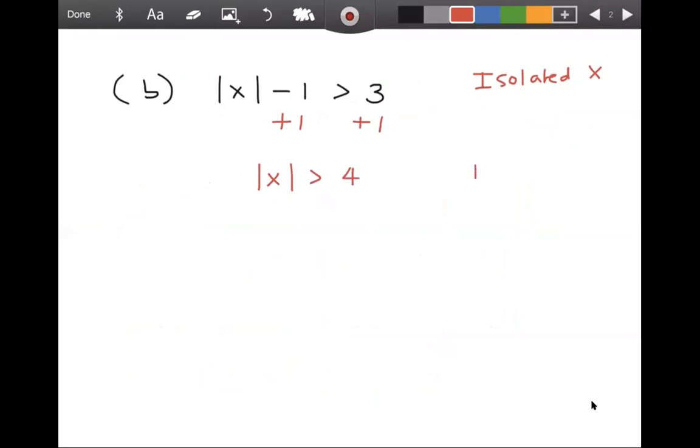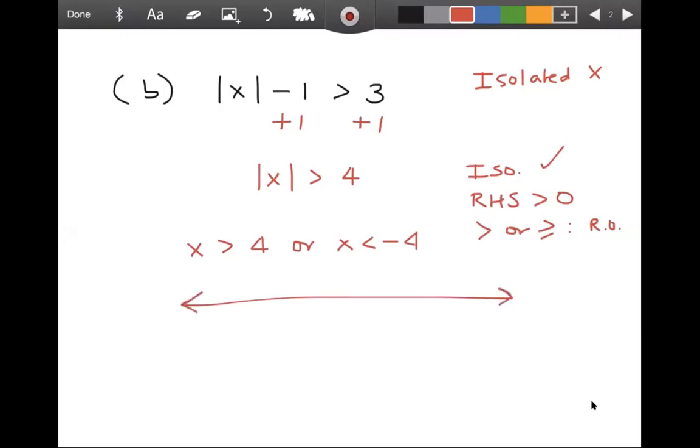So now it is isolated. The number on the right side is greater than 0. And it is a greater than or equal, which makes it a restraining order. And actually, in this case, there's nothing left to solve, right, except to rewrite it without the absolute value. It would say x is greater than 4 or x is less than -4,